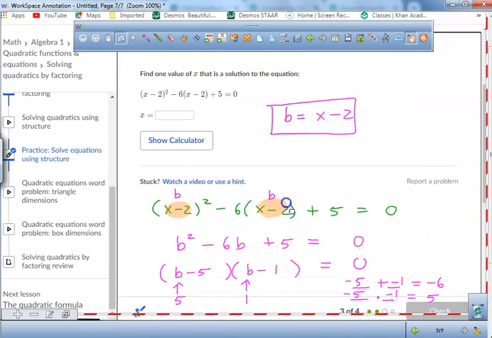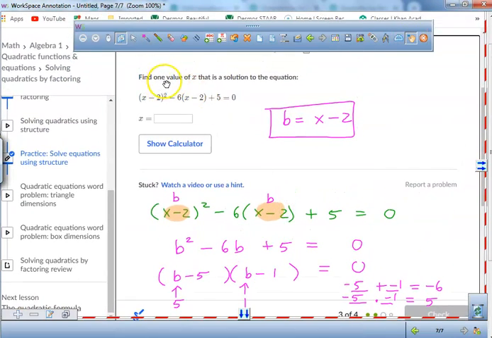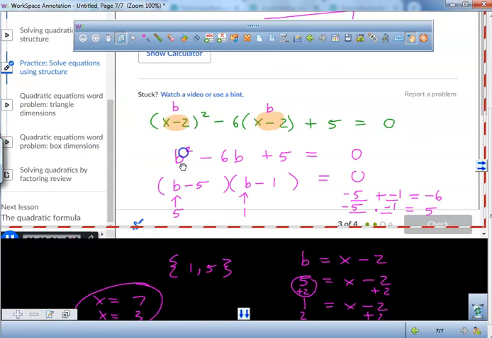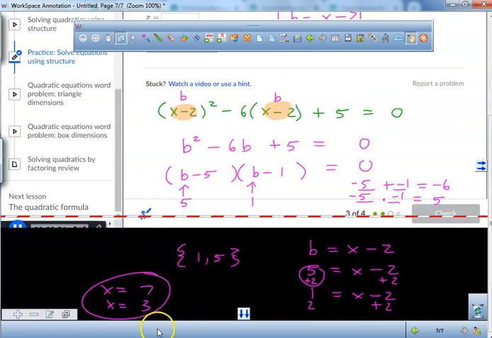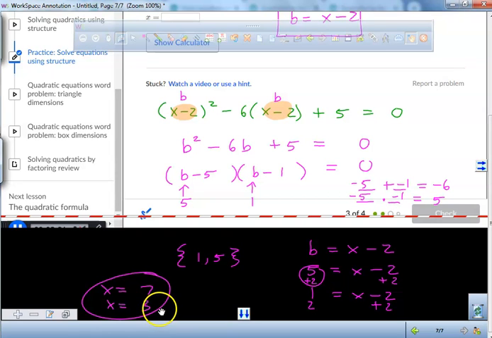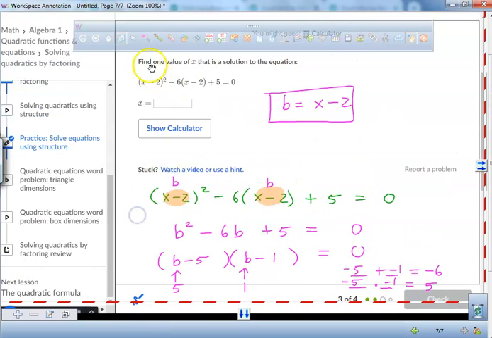But it says, did it say find both values? So I could technically choose a 7 or a 3 and it should still work. All right? So I'm just going to type in